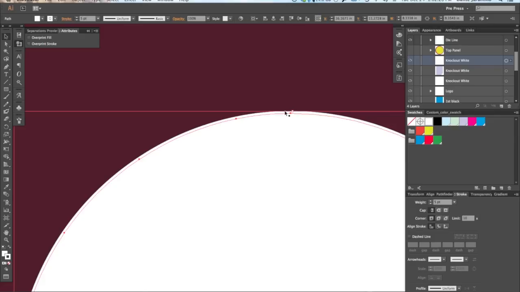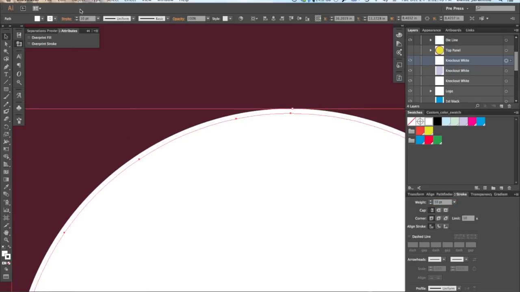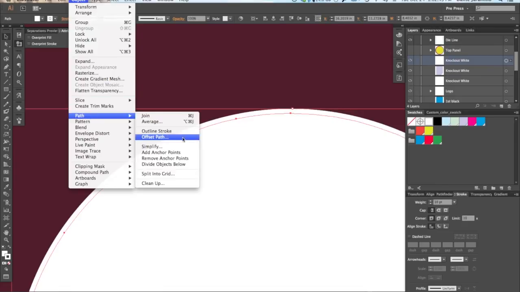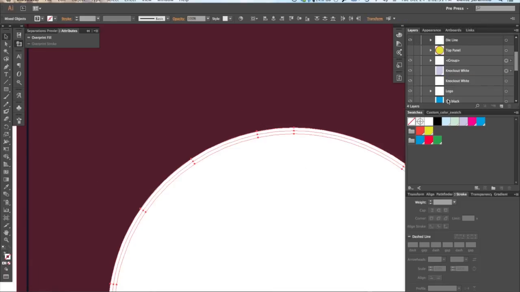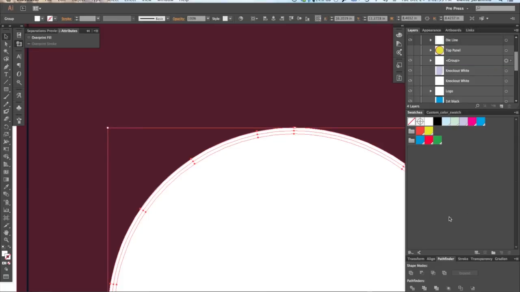Mainly, what I mean by buildup is you don't wanna have too many colors, let's say the exact same shape, printed one on top of each other. You're gonna have problems when printing. So we're gonna go 5 more, go to 10. Now I'm gonna go to Object, Path, Outline Stroke. There it is. Now, again, you can do your Minus Front, Minus Back, or if you want, you just select a circle, go to our Pathfinder,